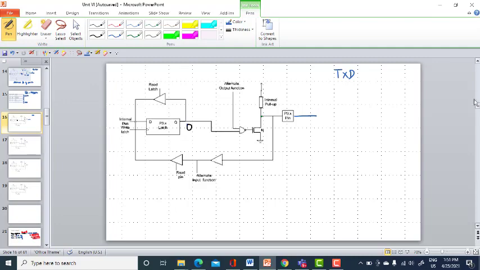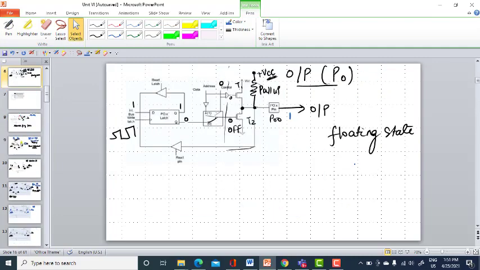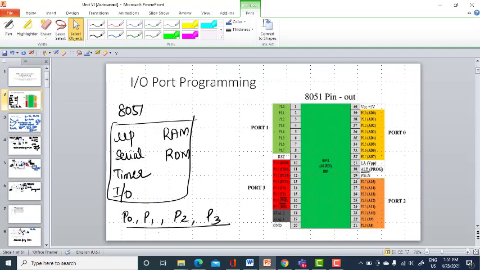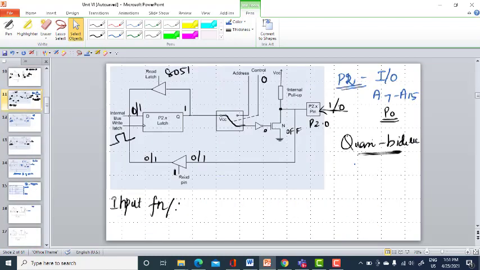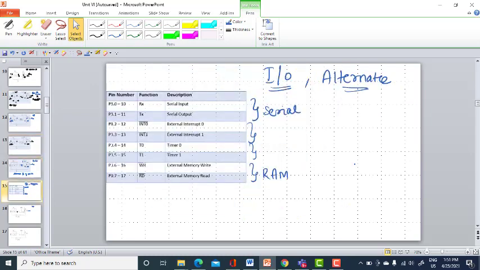What is the pin number of TXD? P3.0 is RXD and P3.1 is TXD. Yes, that is what is given here.